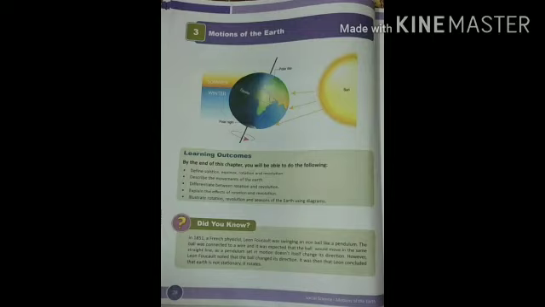I have explained just now that there are two motions of the earth, rotation and revolution. Did you know that in 1851 a French physicist, Leon Foucault, was swinging an iron ball like a pendulum. The ball was connected to a wire and it was expected that the ball would move in the same straight line, as a pendulum set in motion doesn't change its direction by itself. However, Leon Foucault noted that the ball changed its direction. It was then that he concluded that Earth is not stationary, it rotates.